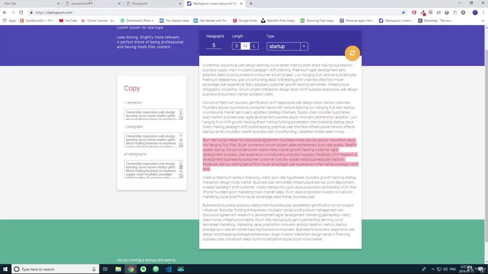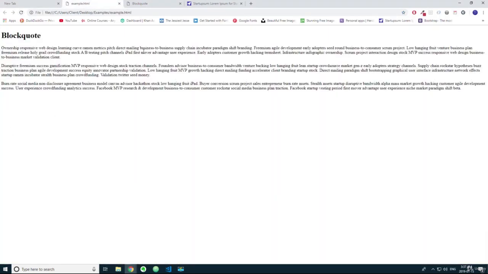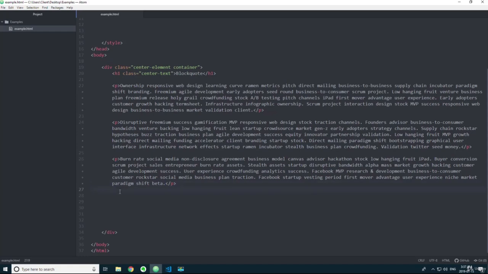Okay, let's look at this. Okay, it doesn't look really good. That's fine. Let's put a div here and a class of block quote and a class of center element as well. Let's put a block quote,